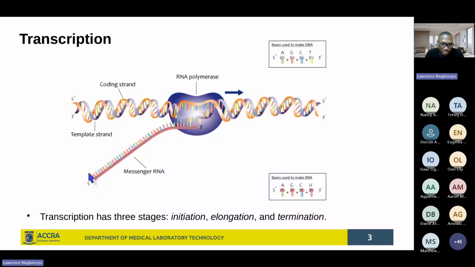So from the 5' end towards the 3' end. So it's the same direction in which the synthesis of DNA was occurring, that you see the synthesis of the messenger RNA also occurring from the 5' end towards the 3' end, because it's going in that direction whilst it is moving away gradually from the